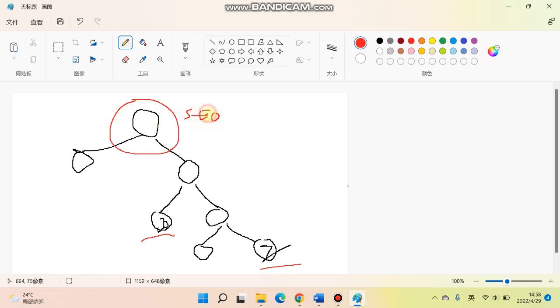When we do the recursion on the left subtree, it will return 0 because P and Q are not in the left subtree. And when we do the recursion on the right subtree, it will not return 2 but just return 1,